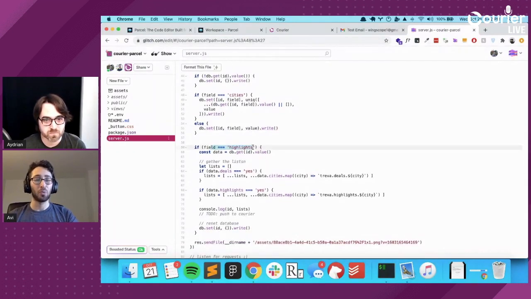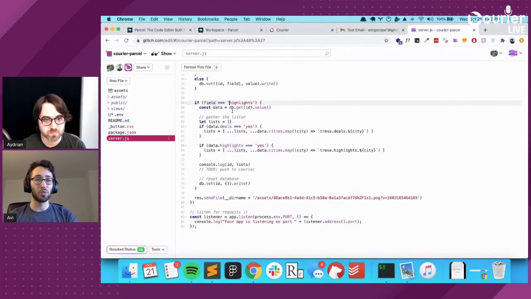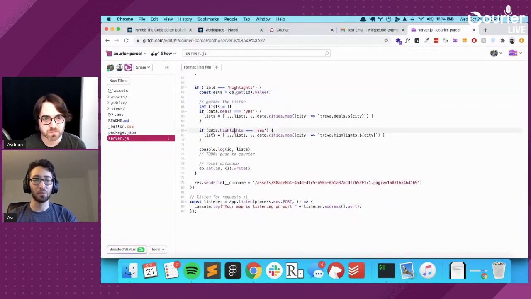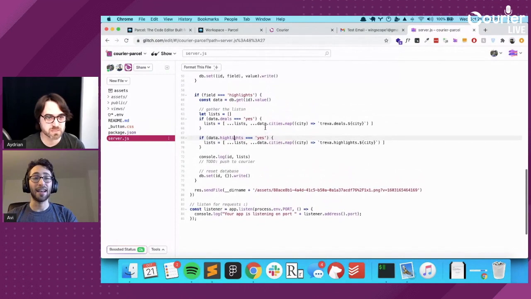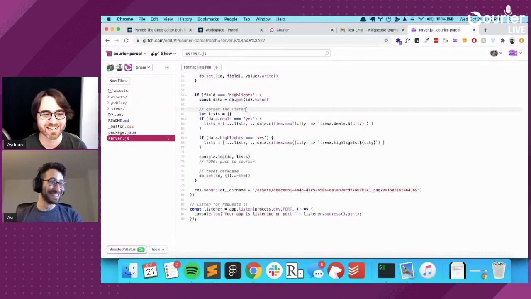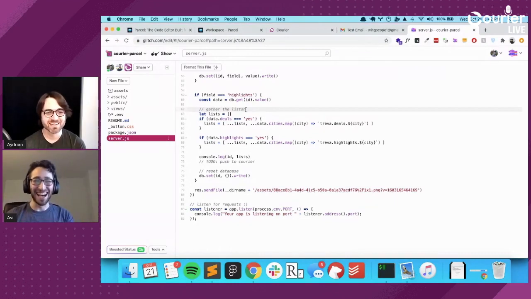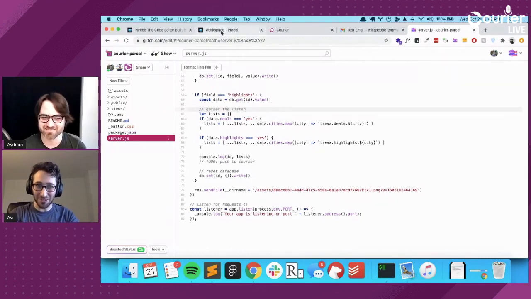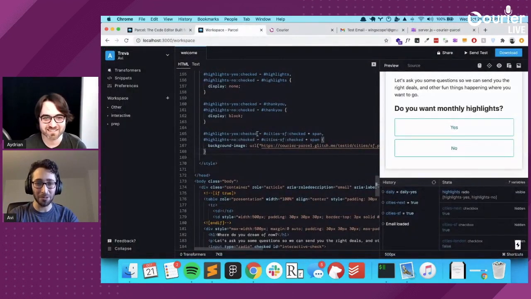And then when we get highlights, we basically submit it. Looking at this code, I'm realizing that what I'm doing inside the email is wrong. So this is good. Well, we have a backup email, right? Yeah. No, everything is right except for this overly complicated part that I made, which is that I can just